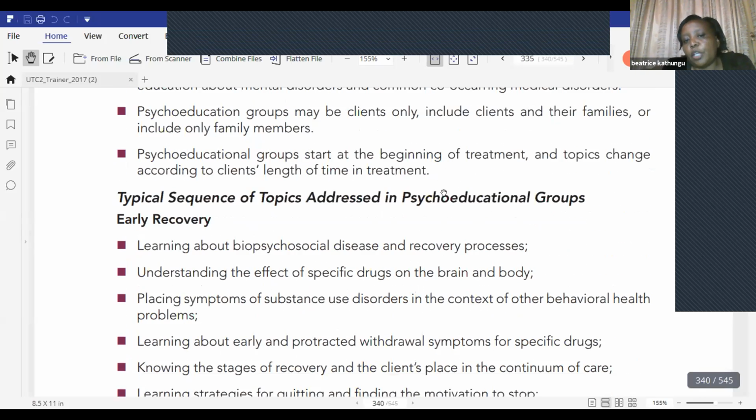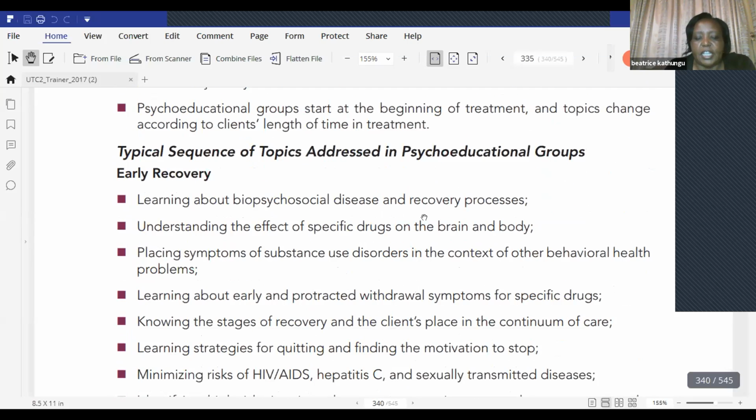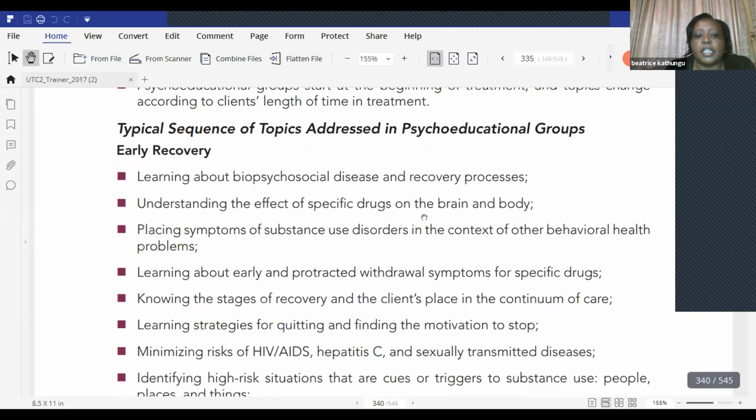And so you see here, you have all the topics that you can address in psychoeducational groups. So if you have a shortage of topics, this specific resource page will give you all the ideas, including looking at some of the risks. The other day, I was talking to one of my students who's on internship, and some of the problems the clients were facing were to do with adherence to medication. You can actually do a psychoeducation group and cover the topic of adherence to medication and the challenges and how to overcome them. You can see HIV, AIDS, and hepatitis C.